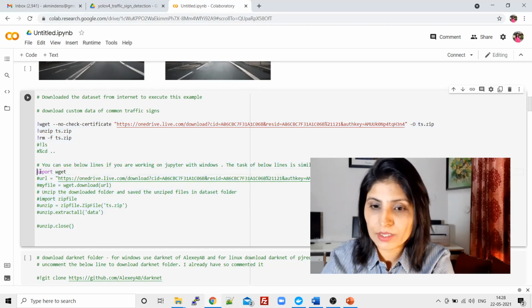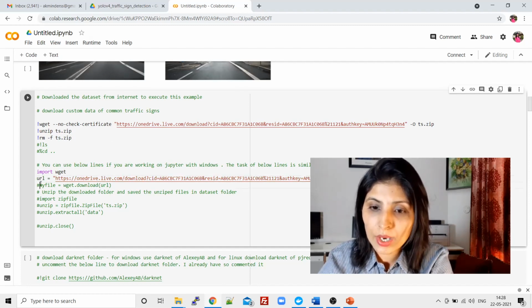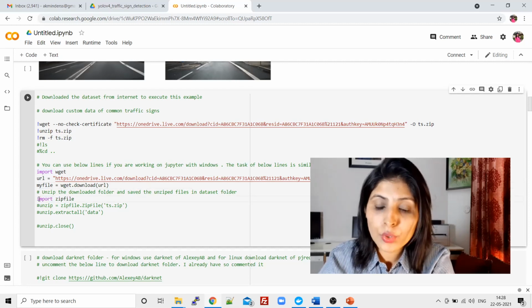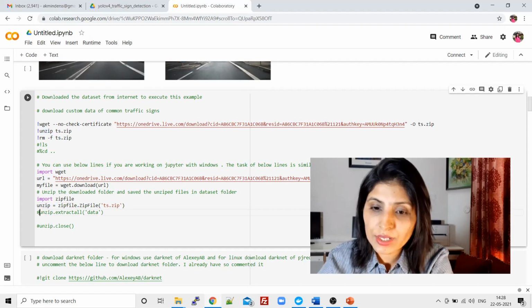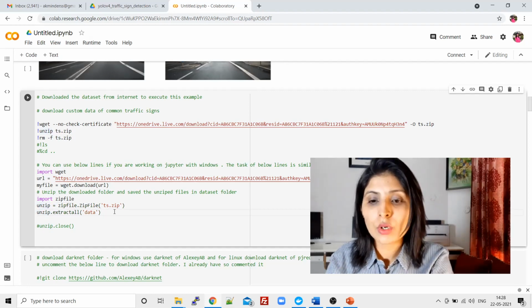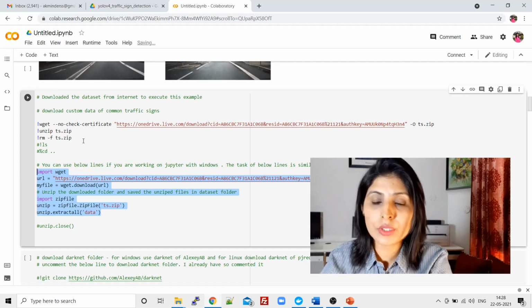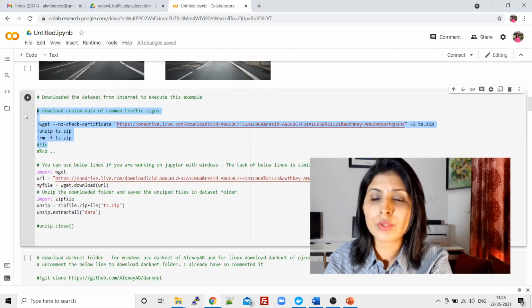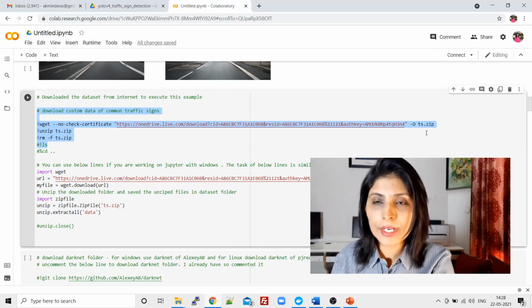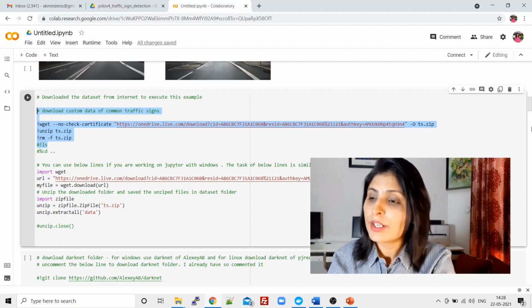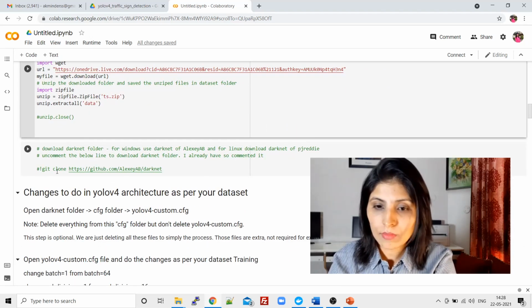First of all, I'm importing wget, and then this is the URL, and using this line, I'm downloading the URL. Now I want to unzip the folder. So these 3 lines are to unzip the folder. For Windows users, you can use this command, and if you are working on Google Colab or using a Linux machine, then you can use this command. So now we have our data, right? The dataset which I've shown you, you'll get that data, that folder and all those files, after this completes.